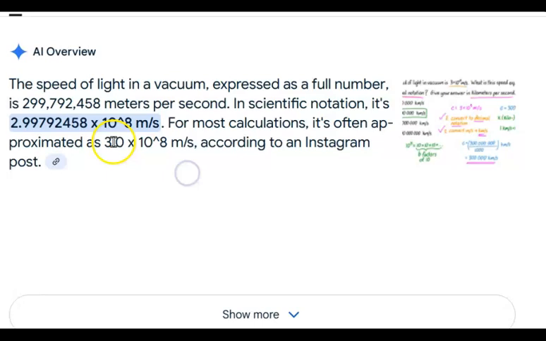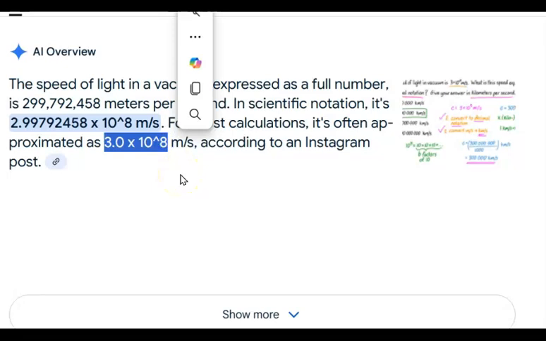And I always remember that because that is the best approximation of the speed of light: 3 times 10 to the eighth meters per second. This big, huge number can be expressed as a power of 10. And that's really, really useful not only for remembering things, but for expressing things that are super, super huge or